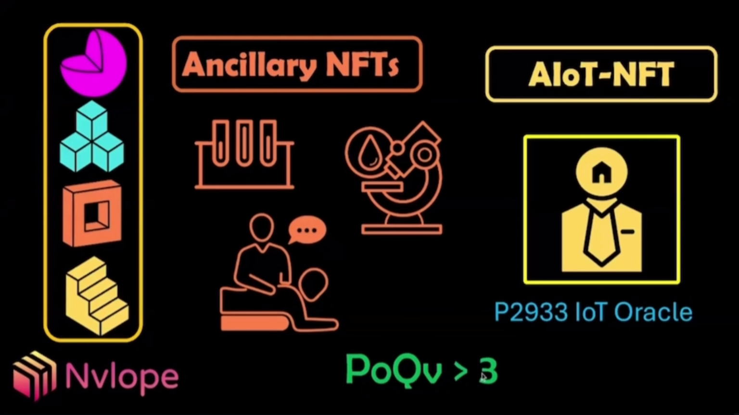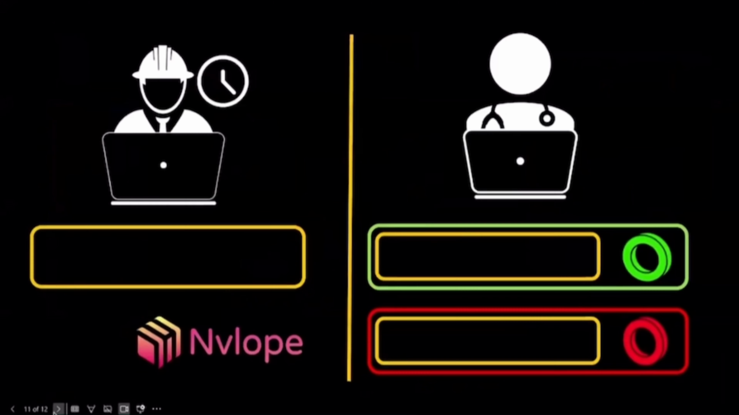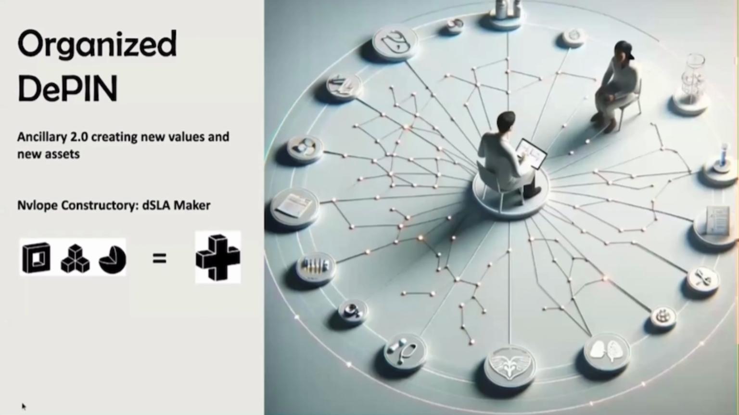for an appended advanced radiology technology report, which can be sent to their doctor, where they can approve this, say these findings are fine, or they're not fine. In our model, you go on to an organized DPIN where ancillary 2.0 creates new values and new assets. And we have an envelope constructor where you make your own distributed service level agreements so that your doctor can have an actual